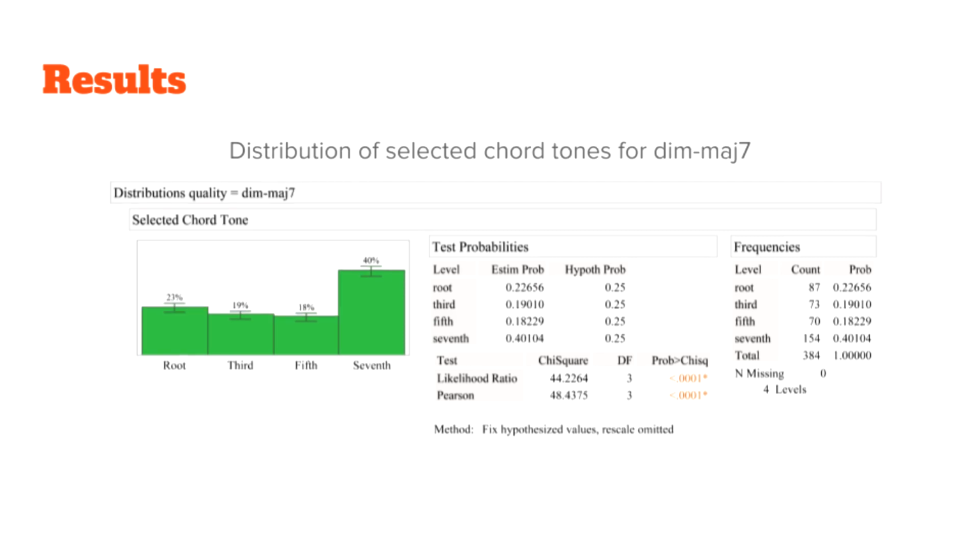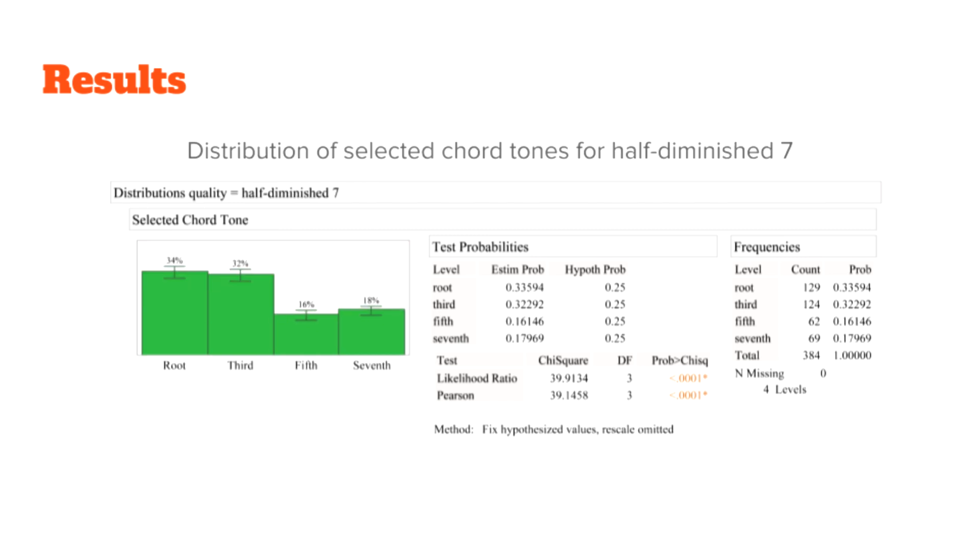Diminished major 7 is also quite an interesting result. The root of this chord was chosen at a similar percentage to the 3rd and the 5th, but the 7th was chosen far more often at 40%. This note, the 7th, is the root of the component major triad versus the tertian root being the root of a diminished triad. The half-diminished 7th chord results also demonstrated a situation of competing roots, supporting the example of the